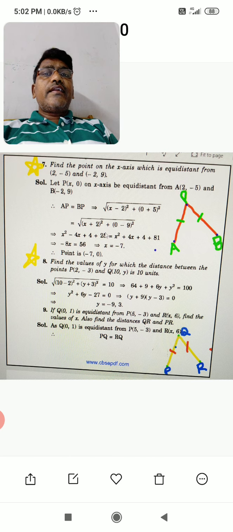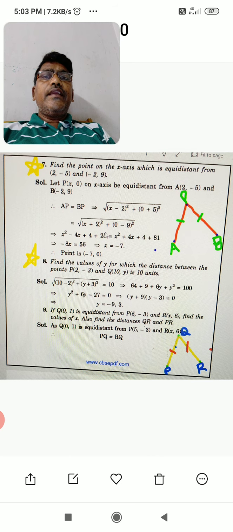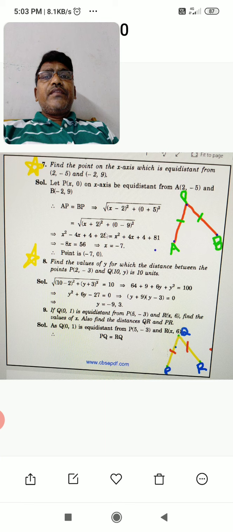Okay, I have given a diagram here. If the word equidistant is there in the question, this diagram will help you. I make the two cutting lines here, PA and PB, which means the distance must be equal, and it is given in the question also. So I mean A to P and P to B, the distances must be equal. AP means the distance from A to P.